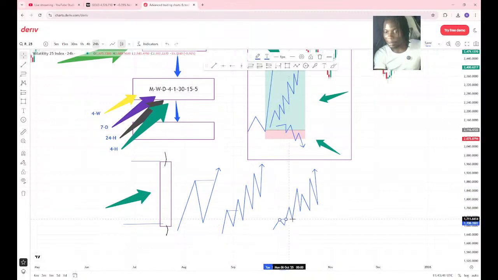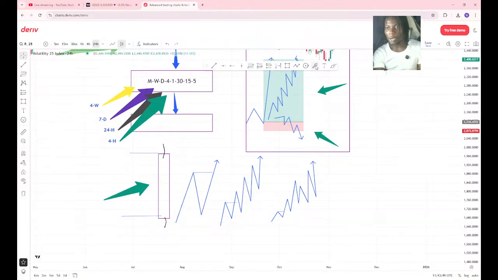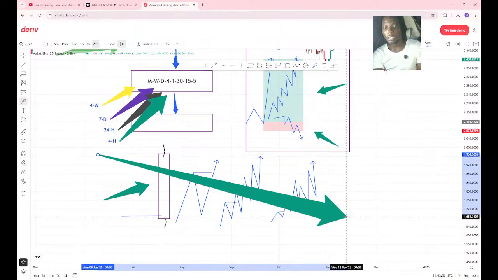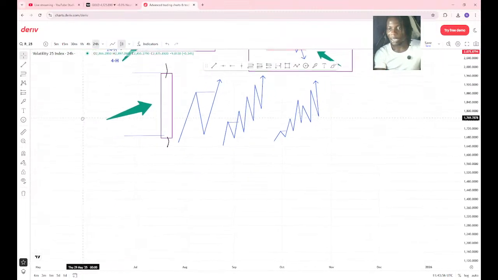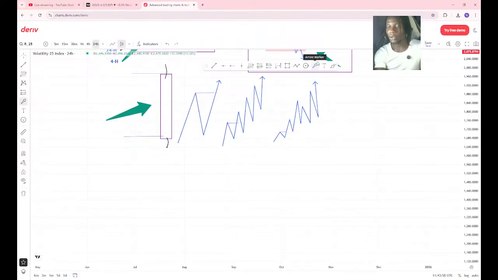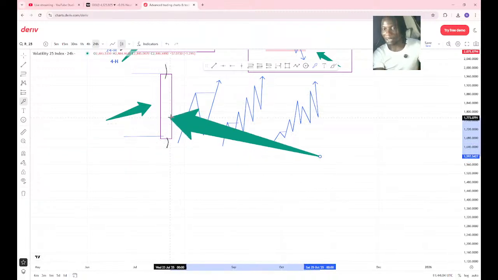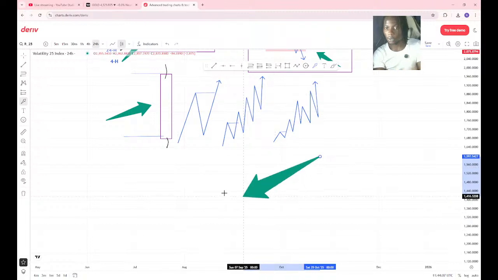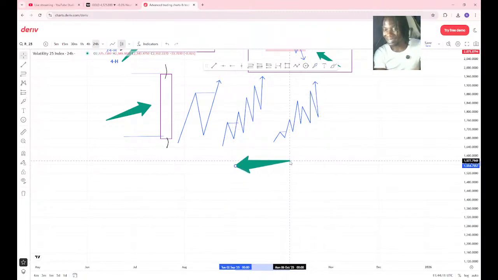Guys, can you see this? So this is how the structure will move. Then what will confirm it, if you want to know you are going to the upside, you'll be looking from the up to the down. Let me give you another movement on this. If you want to get on the trade, you go for your lower time frame, which will be the start of the candle. If the candle hasn't moved, you go for the down of the trade. That is the lower time frame you want to use.